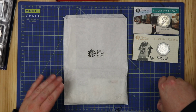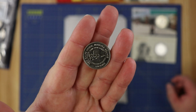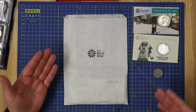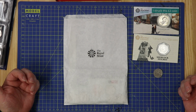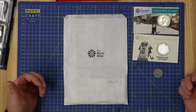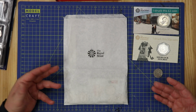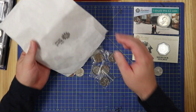So going back to this Calpe House Gibraltar 10p coin, I was given this by a friend, and now I can't get the D that I promised him for it. I guess I could have bought a D for £4, but £4 just sounds so extreme, especially on the Royal Mint website. They're actually doing the 10p's for £2 now. But luckily, if I get this out,